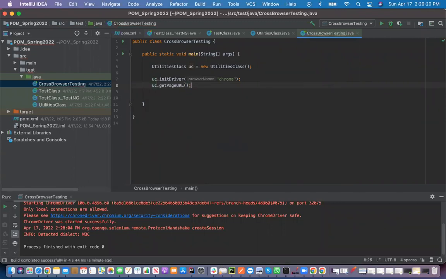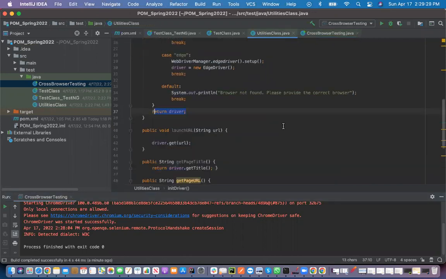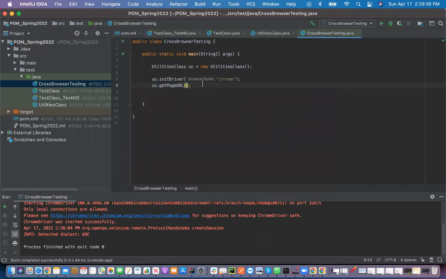So this method also needs some kind of input from the user, right? If you see, it's not page URL actually. I need to launch URL. I got the wrong one, right? Page URL is just the information. What is the name of the page URL? This one. But before that, I have to launch the browser. Means I have to give either google.com or